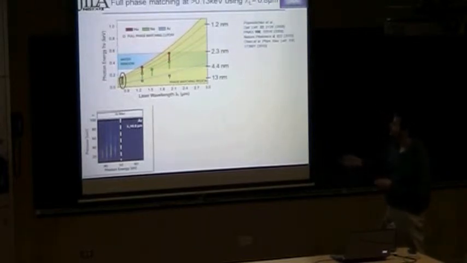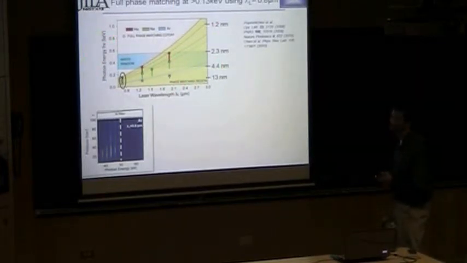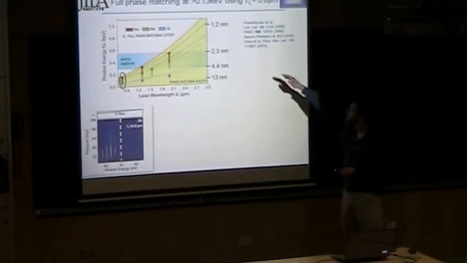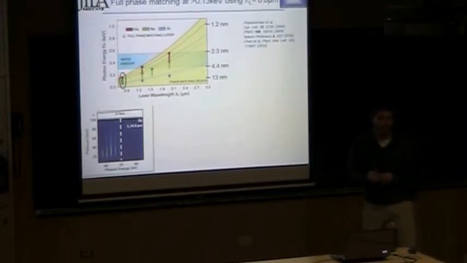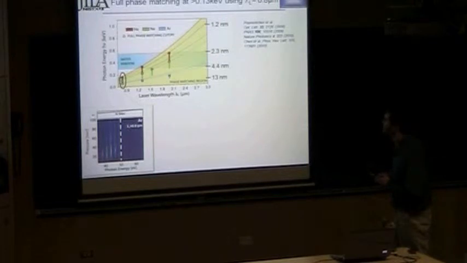So this is that plot, again, that I showed a couple minutes ago. We're plotting the highest photon energy we can phase match as a function of driving laser wavelength. Over here, I marked the different wavelengths that correspond, since I know everybody's used to thinking about fractions of a keV. For each of these three main gases, helium, neon, and argon, we've got a curve for the predicted phase matching cutoff. The solid one corresponds to using a 3-cycle laser pulse, and the dashed one to an 8-cycle laser pulse, since that changes it slightly.